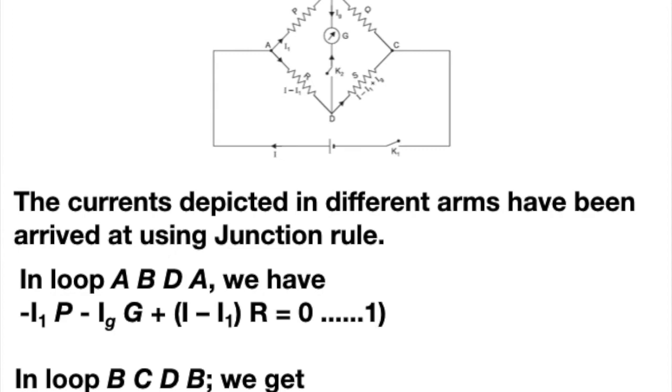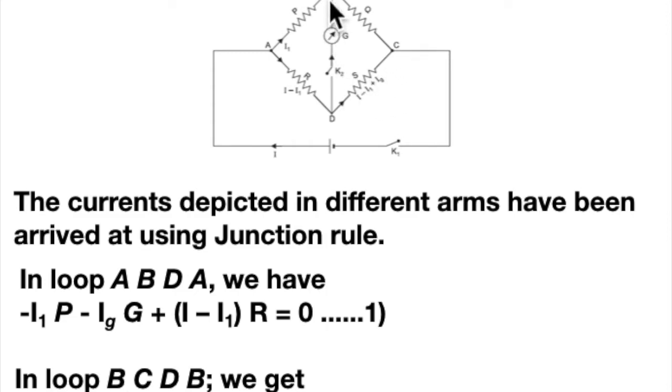Let's probe further. The circuit is repeated here. Let's apply the laws. Here we take the current as I. First let me explain the circuit diagram. Here we take the current I, which is divided into two parts, I1 in this branch and the remaining I minus I1 in this branch. Now, this current I1 is again divided into two parts at B, Ig through the galvanometer and the remaining I1 minus Ig through the resistance